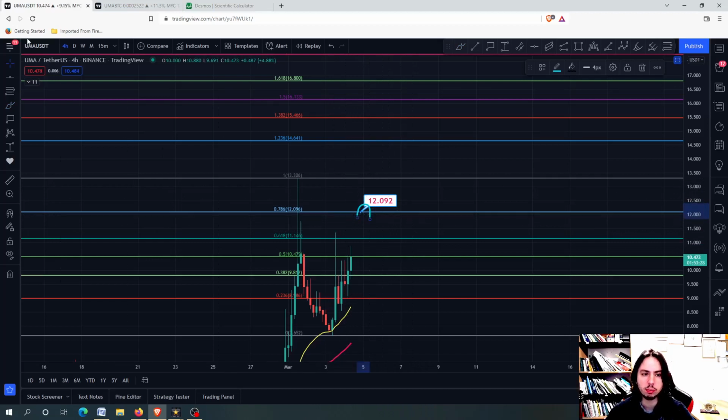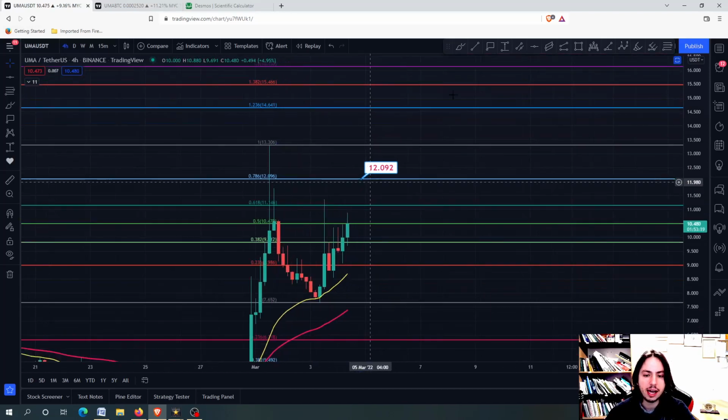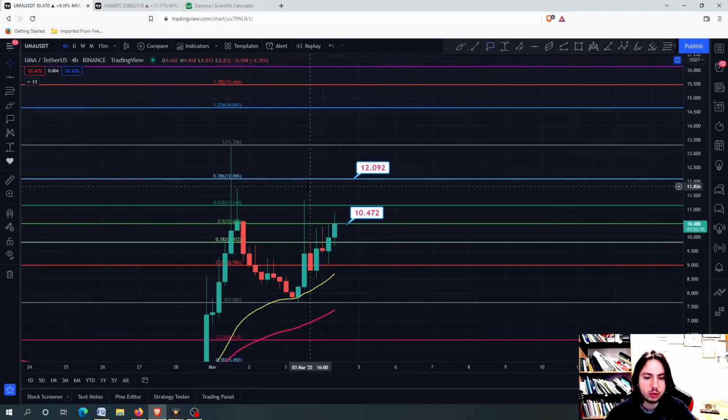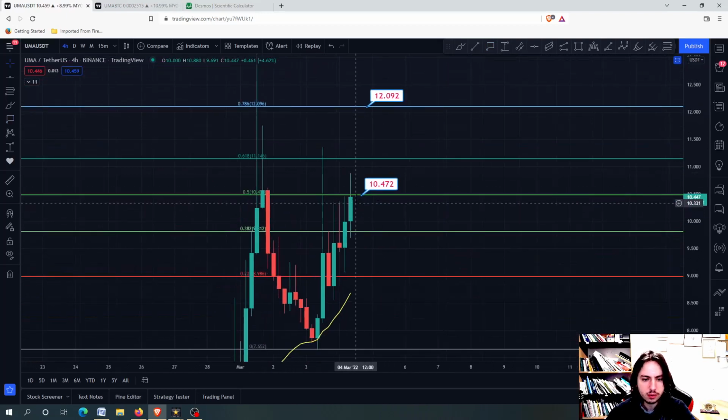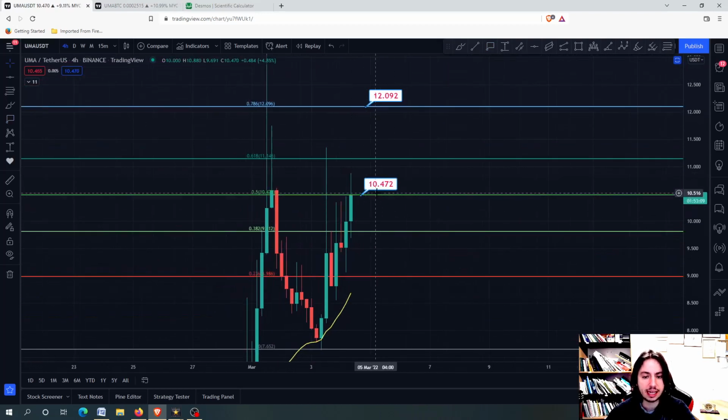It is important to be on the 4-hour frame and not in the 1-hour frame because things are changing there. Okay, so what we need to do is first to close above, and of course we have a very strong resistance line, the 10.4. Yes, we have broken it above, but we haven't closed above yet. So this is a very huge resistance level line as well, 10.4 to 10.5 around here.